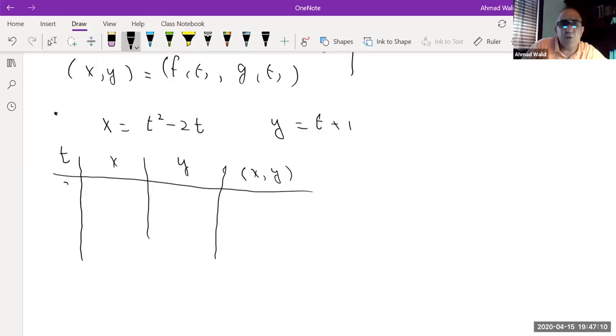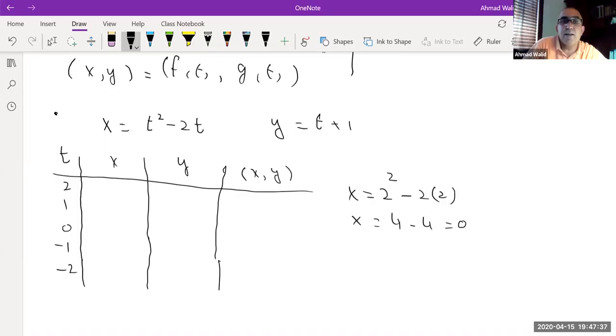For example, start with 2, 1, 0, -1, -2. Let's plug in these values in both parametric equations. When t is 2, if I plug in 2 here, I have x equals t squared minus 2t. It means 2 squared minus 2 times 2. It means x equals 4 minus 4,